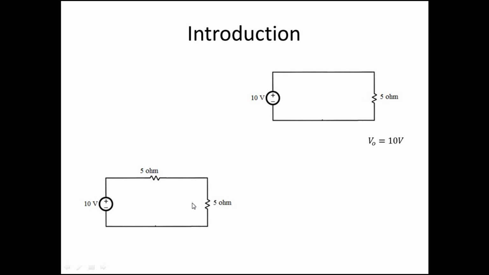Then the voltage across this resistor will be the total voltage into this 5 ohm divided by the total resistance. Then we will get V0 as 5 volt. Means the voltage across the 5 ohm will become 5 volt. By connecting a resistor with this 5 ohm we can reduce or control the voltage. If this resistance is again increased, this voltage will be decreased. So we can control simply by connecting a series resistance in the form of a potential divider circuit.